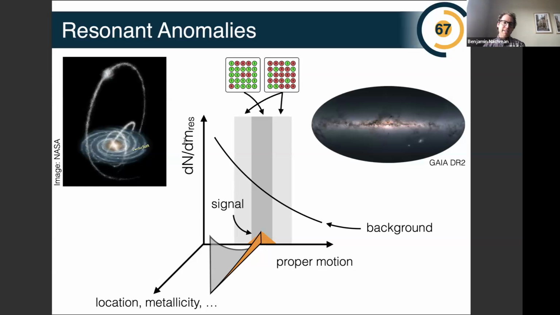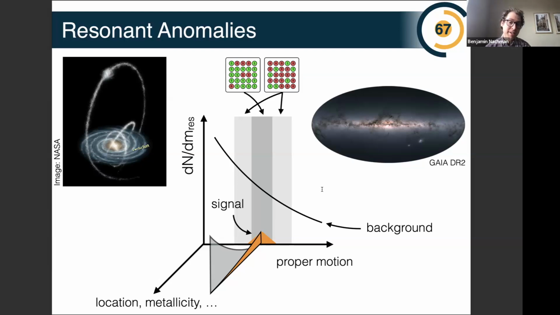And it applies in this context because all the stars in the stream are basically moving at roughly the same speed, the same proper motion, because they came from the same original protogalaxy. And so the proper motion is the resonant feature. And then there's a bunch of other properties that we can use, like where they are in the sky and the spectra of the stars in the stream, to be able to distinguish them from neighboring stars that are just part of the Milky Way. And so we can train a classifier,